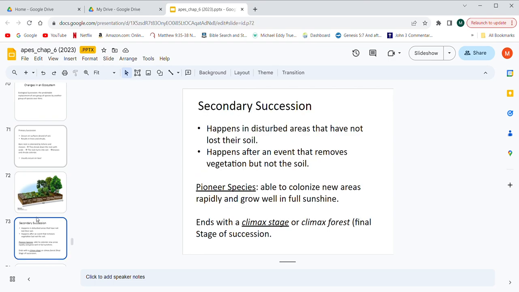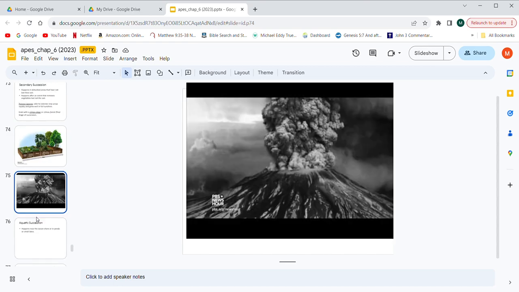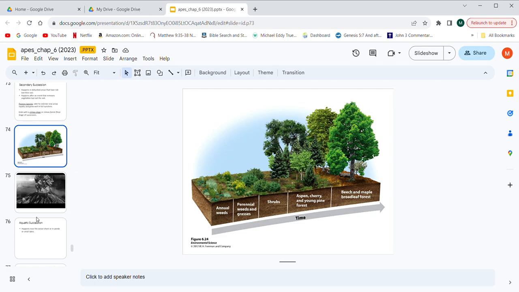Secondary succession is when you have a disaster, essentially, that completely destroys what was there. And pioneer species come in, these new, fast-growing organisms, usually small shrubs, grasses, things like that, and they start the process of re-establishing that community. Usually it starts with the annual weeds, the perennials. It just basically skips over that parent material, that rock material.